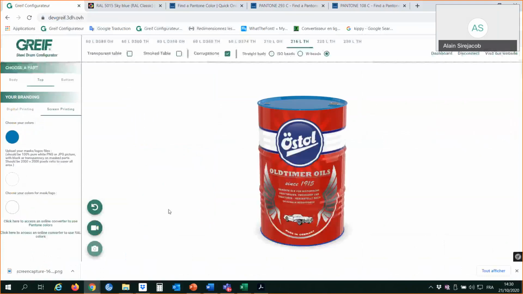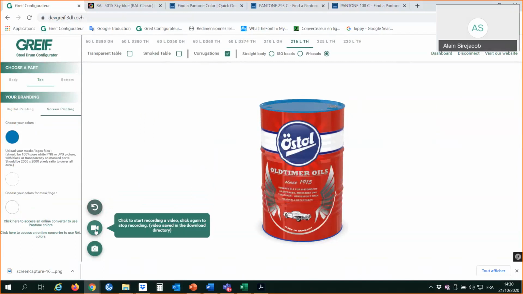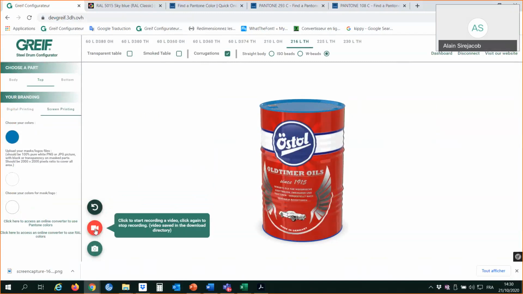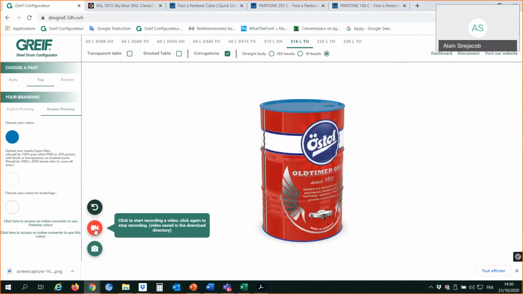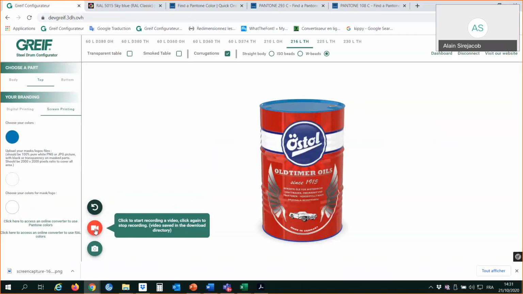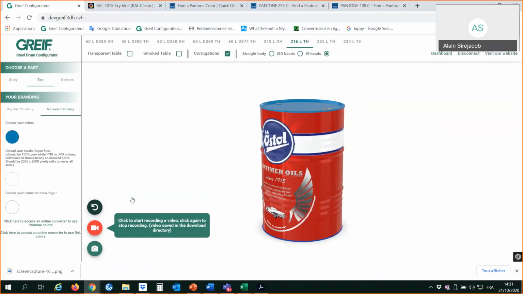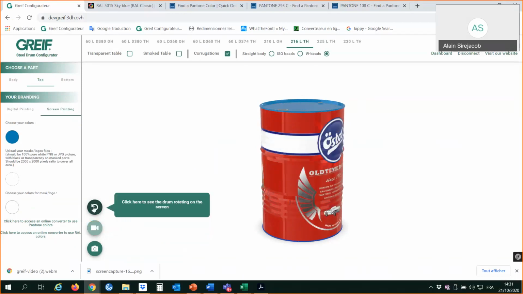Besides the screenshots, you can also take a short video. For that, you click on the arrow, the drum is rotating, and then you start recording a video with a video icon, which is here. So you start recording. You take, let's say, 10 seconds, 15 seconds, not too long, otherwise the file will be very big and it will be difficult to send it to the customers. But let's say 10, 15 seconds is good enough. You click again to stop recording. It takes a few seconds. That's it. Okay, I can stop rotating.